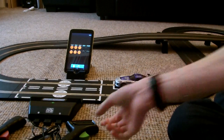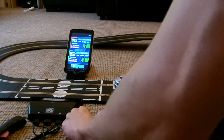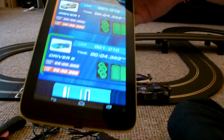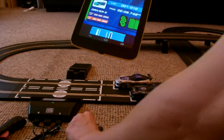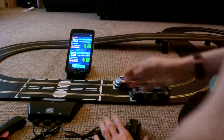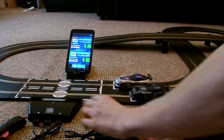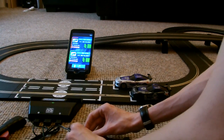And there's the countdown. And as you can see, it's already counting down. And then you've got all these things on the side, pit stops and all of that. So just see what it is actually like. I know I'm taking a while, but